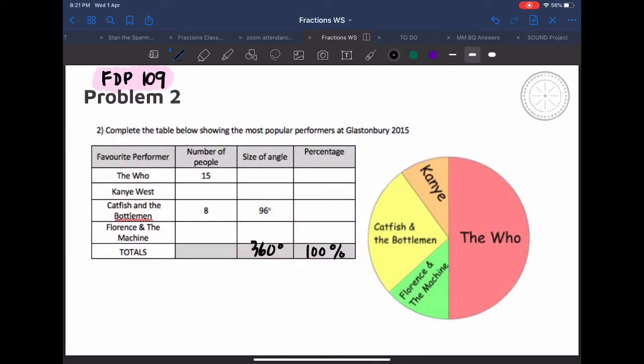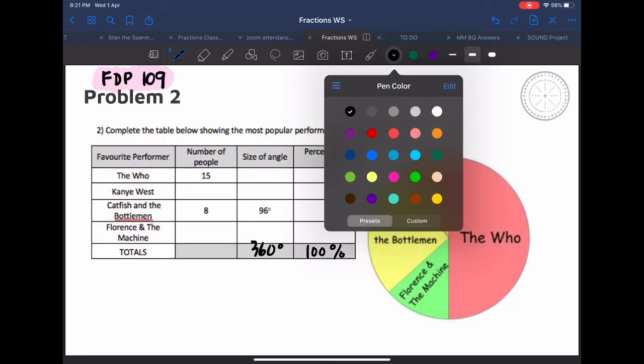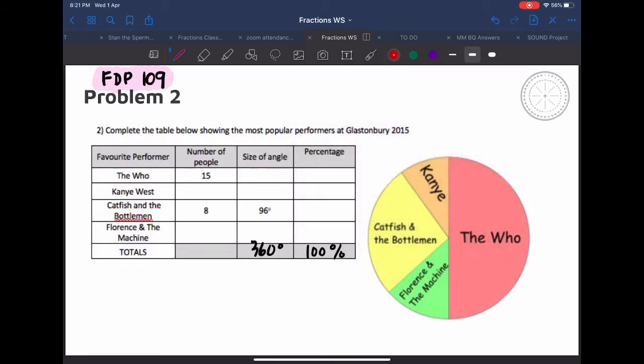So let's do it on top over here. To solve for this percentage, number 1, you need to make a fraction. And we can make a fraction with this and this. So 96 degrees divided by 360 degrees would give you